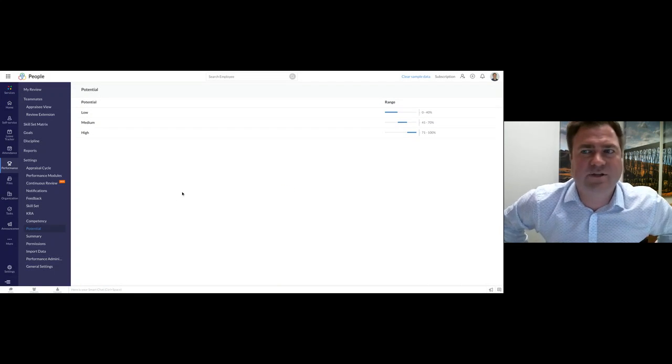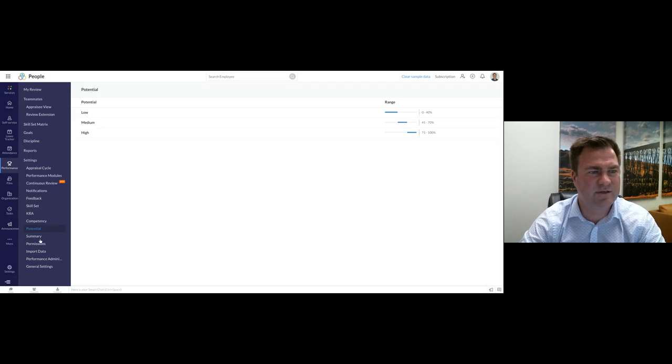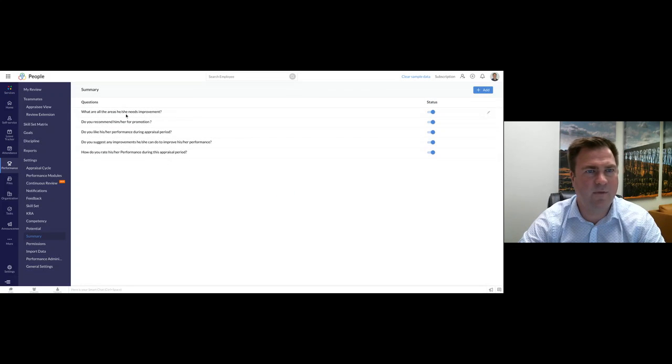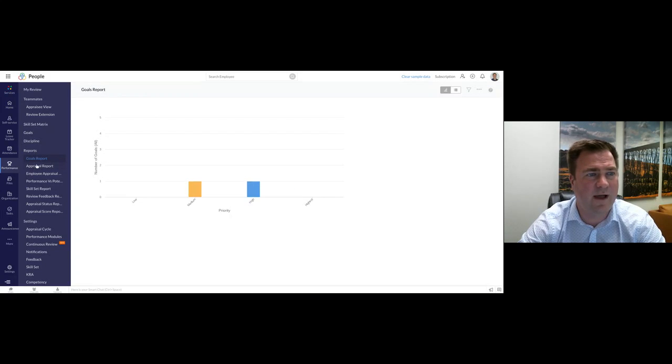This is where the potential is. So again, we're looking at the different ranges. These are some of the questions that can be added in the summary page as well. So that in a nutshell is our performance review tab, or our module within the system. It's highly customizable to what's going to work in your organization, and individuals will get notified when a performance review is due. So we can really keep track of who's completed them and who hasn't, right through the different